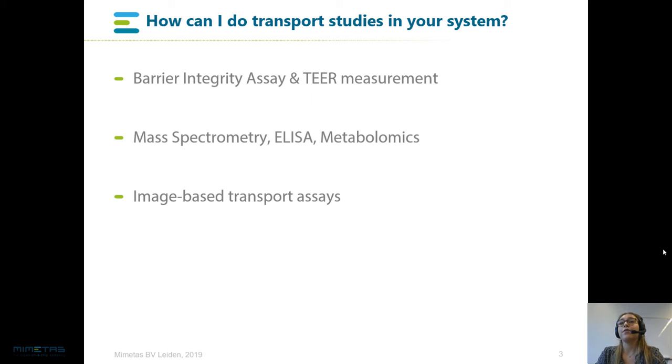And finally, if you want to check the presence and localization of your transporters, you can also perform immunohistochemistry. You can measure the light intensity of the tagged antibodies directly inside the plate by confocal fluorescence microscopy and quantify it by using image analysis software.